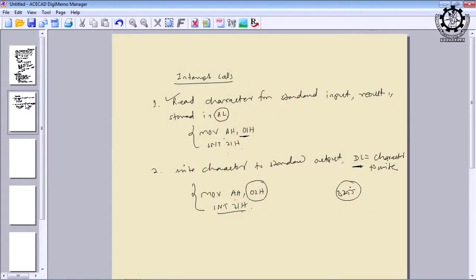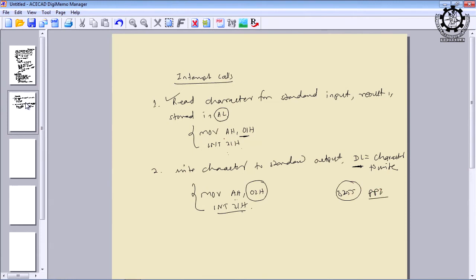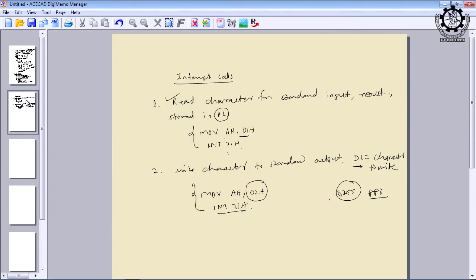This chip, 8255, is a common, standard chip known as the programmable peripheral interface, where we can program the chip in such a way that we decide which will be the input port, which will be the output port, and which can act as both input and output port, because there are some IO devices, for example a disk or a CD-ROM, where we can read the data as well as write the data. So there it can act as an input port as well as an output port. The way we program this chip, in the same way the input and output devices will be configured.